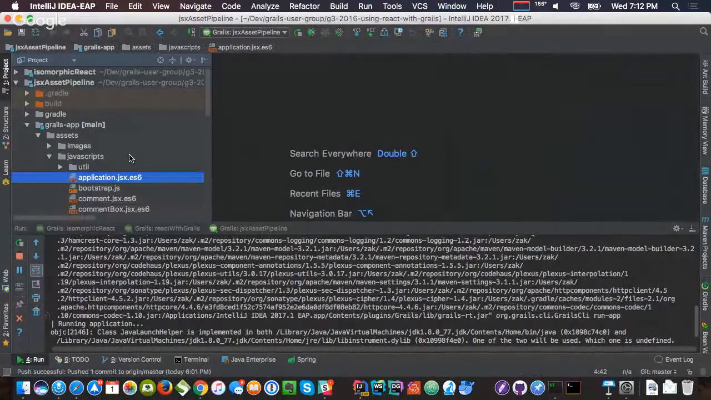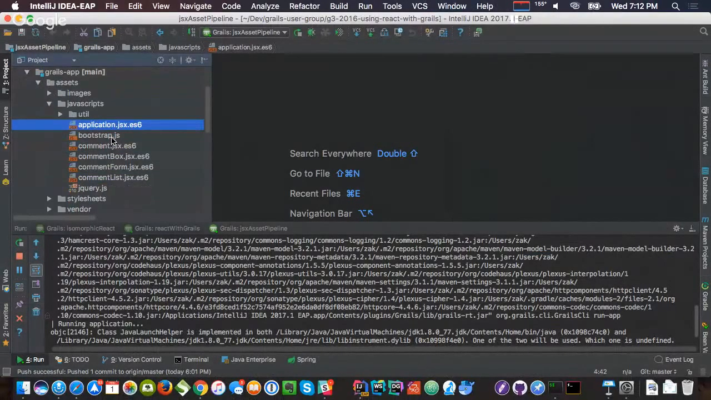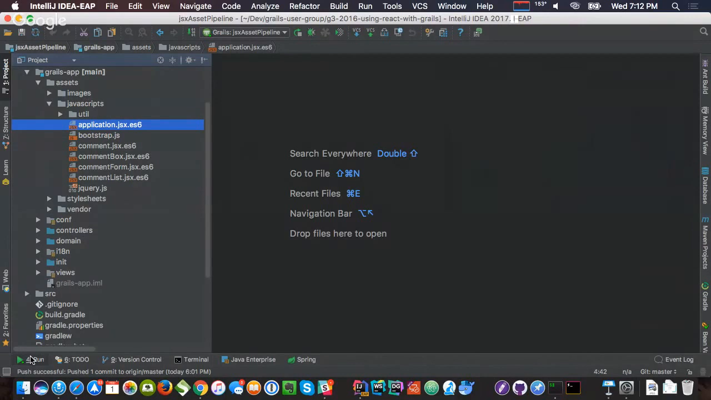Okay. So you see the file extension types are .jsx and .es6, and that's necessary because I want to run this through both the JSX plugin to process our React code and the ES6 plugin to process my ES6. And we're using both here. So I'll take a look at the